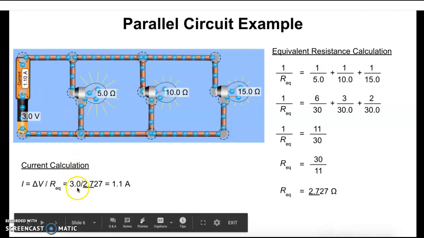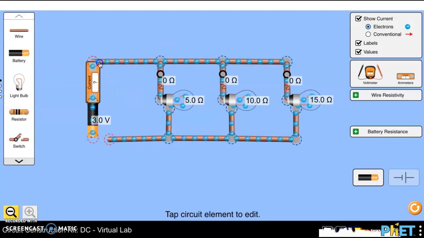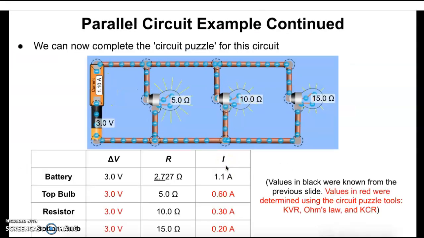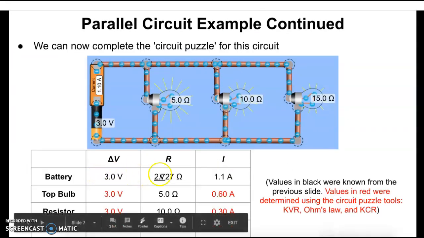So 3 volts divided by 2.7 ohms is 1.1 amps, which is what the simulation gives me when I actually plug it in. So that's how you calculate the equivalent resistance in parallel. Again, I can go on, fill the information I just calculated and what I'm given in a table, and complete